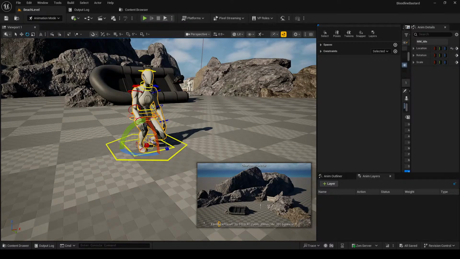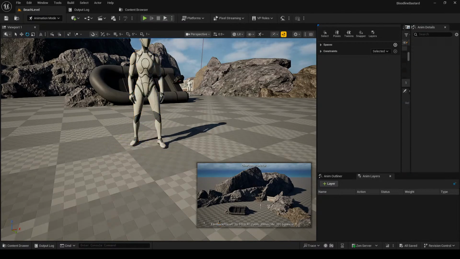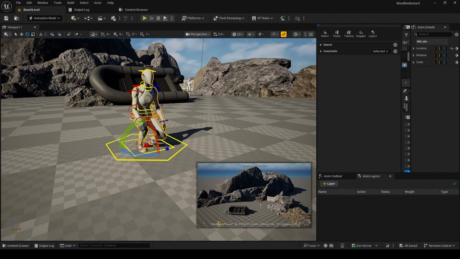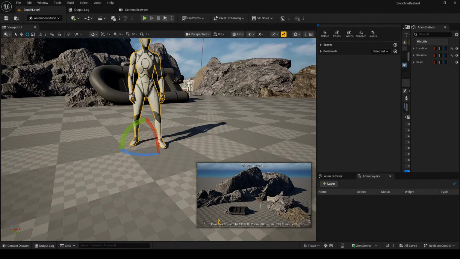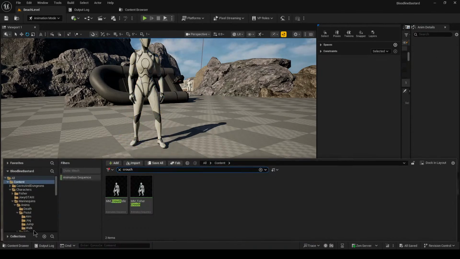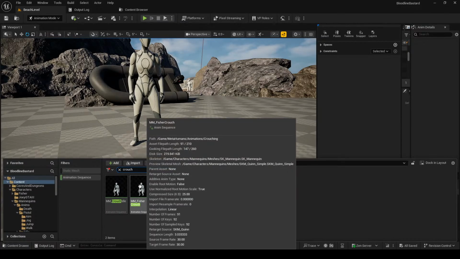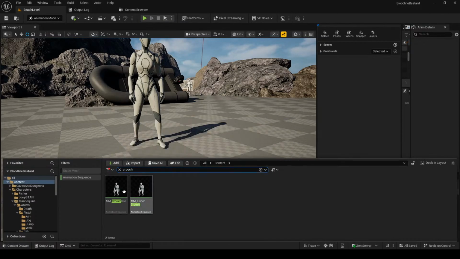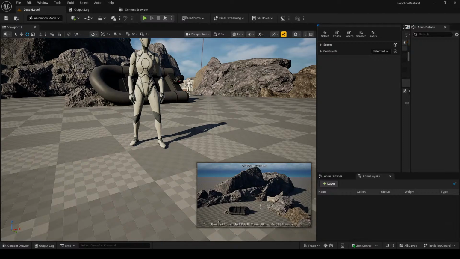Right, yes. So what I can do now we've got that idle animation is I can just turn it on and off like that. And then I'm going to take the crouch idle animation and drop that into the